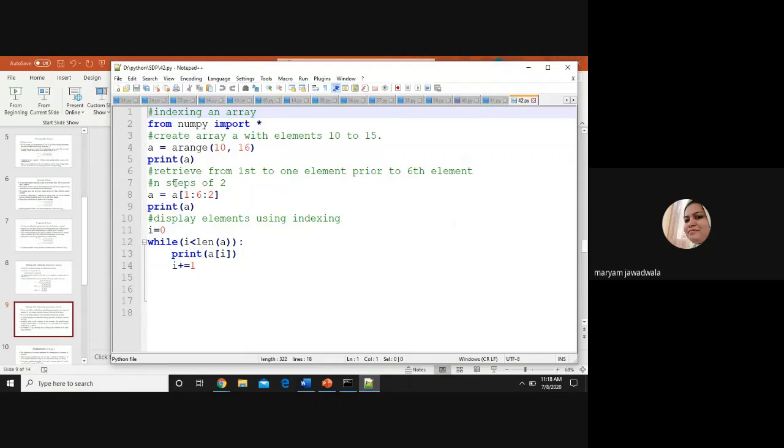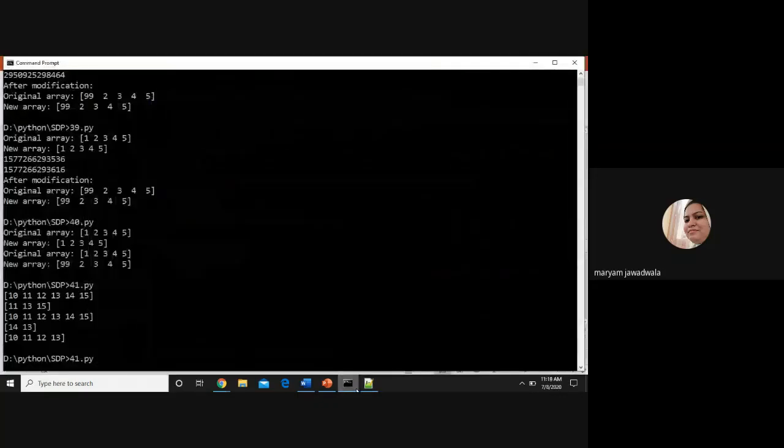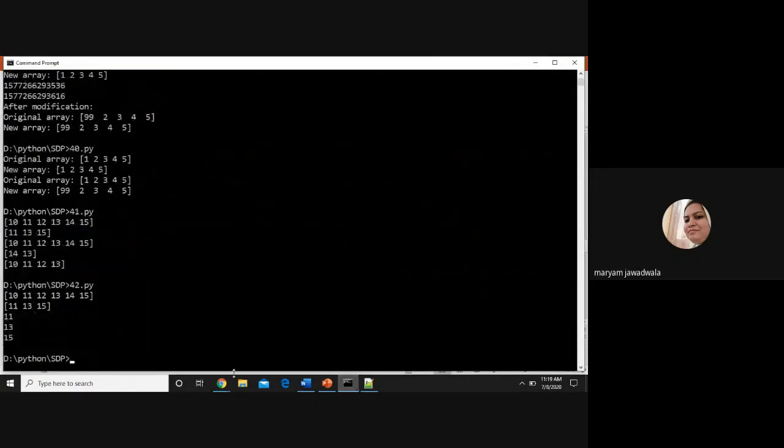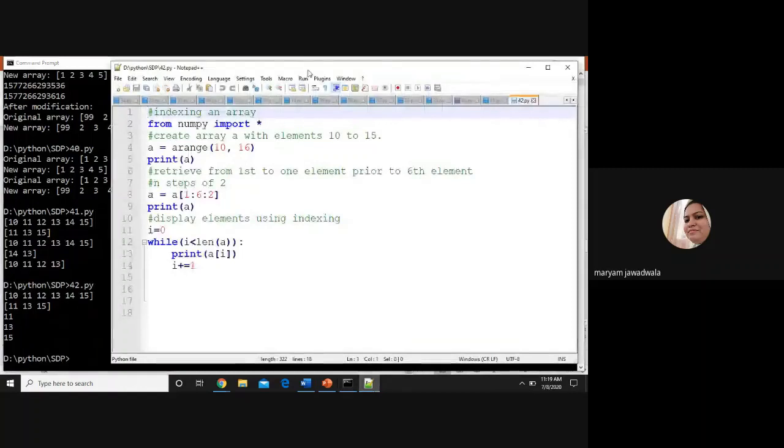So what will be the output of this? Starting from 1, 11, then 13 and then 15 will be the output. Let's run this program. The name of the program is 42.py. Okay, you can stop the presentation and run the program 42.py with me.